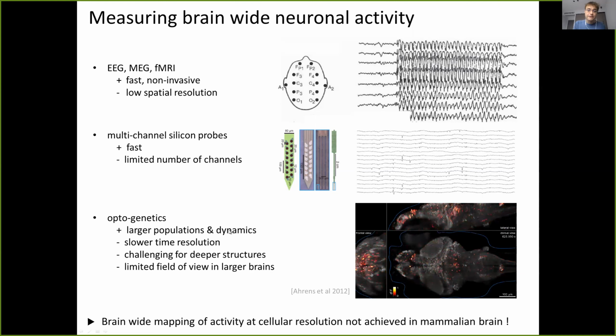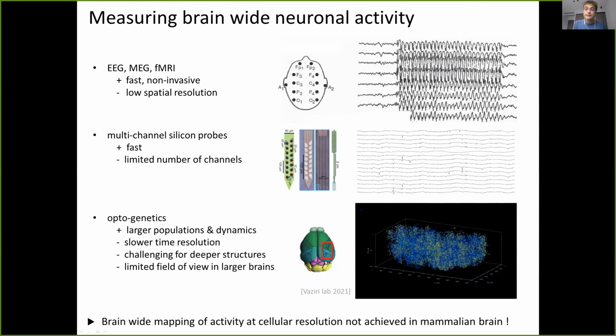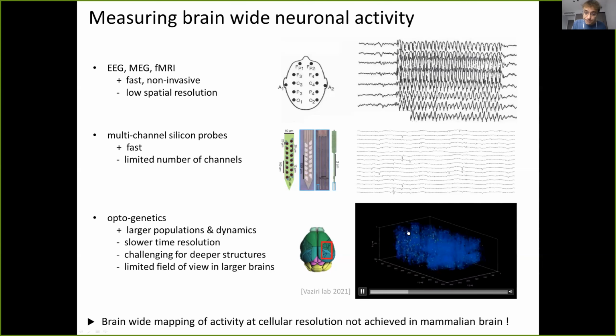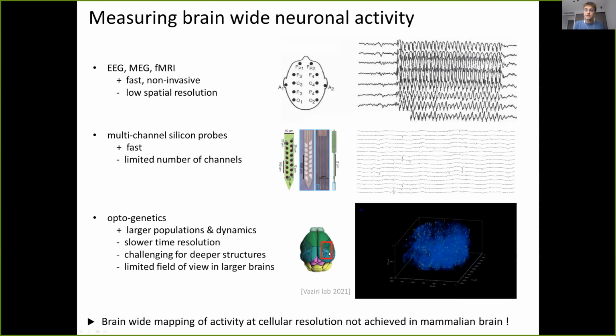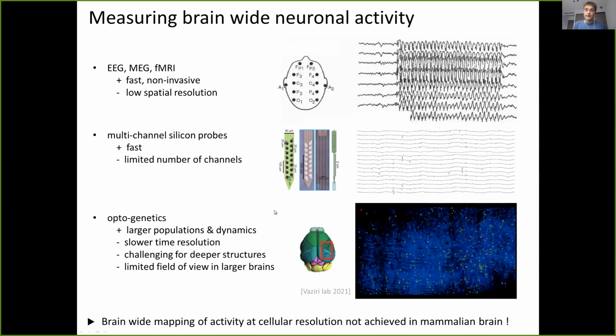To do that, people have developed optogenetic tools and fast imaging techniques, like Misha Ahrens' lab here, that image, for example, transparent brains, in this case the zebrafish larva, and do calcium imaging in those. And I showed this video before from Alipasha's lab, who used a new technique called lattice light-sheet microscopy that is able to record, in this case, over 1 million neurons from a large fraction of the cortex. However, recording the entire brain activity at cellular resolution has not been achieved so far.